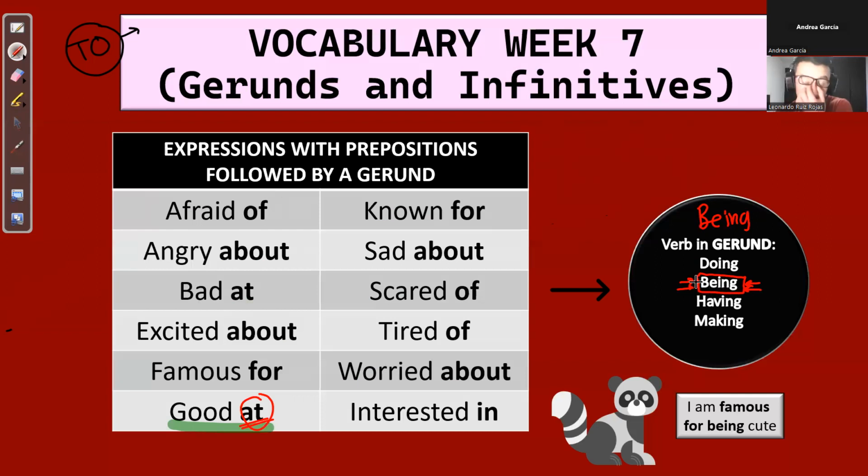Exactly. And it's very important because, for example, I am known as a teacher, I am known for being funny. One example, right? So, I am known for being funny. In that case, it's very used in expressions of gerund using being. Obviously the verb to be is very used, so it's important to take it into account. Yes, teacher. So I am good at being disciplined.